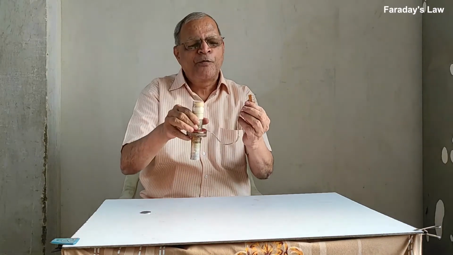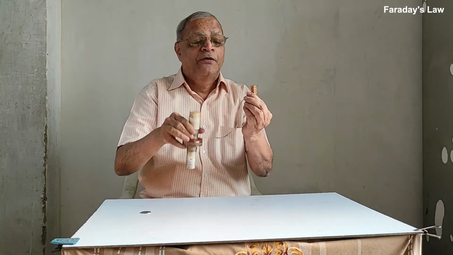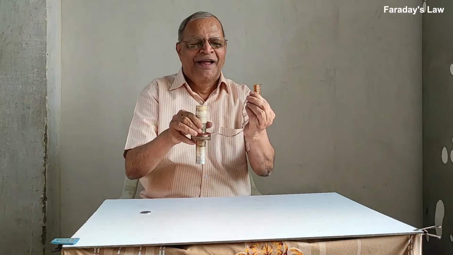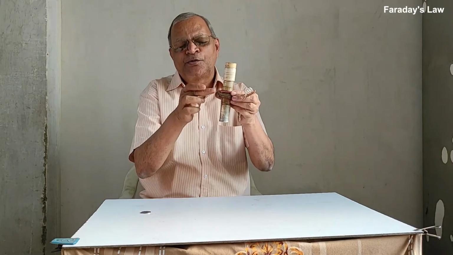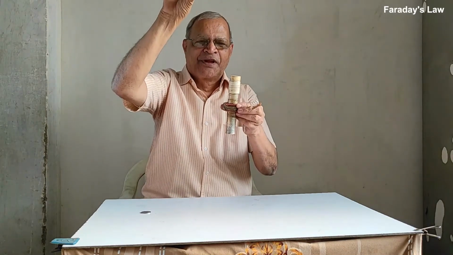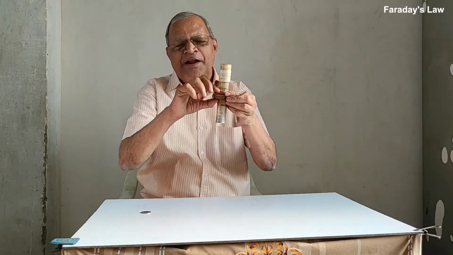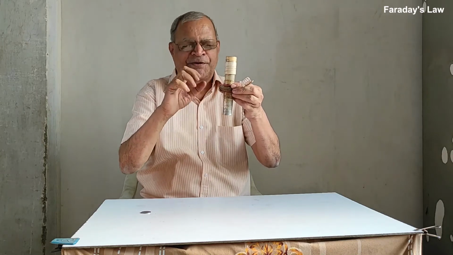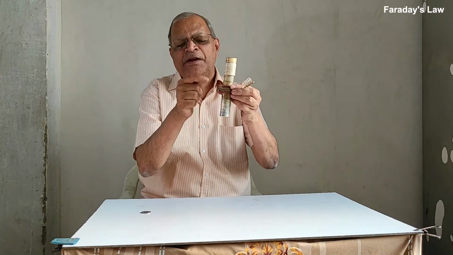but if I make a slow motion, now you are not getting a flash at all. Now the question is, why is there no flash in slow motion? The answer is very simple. When I make slow motion, magnets 1, 2, 3 and the coil are all going at the same speed up and down, because the inner magnet is kept compressed by this and this magnet by repulsion, and there is no relative motion between the inner magnet and the coil.